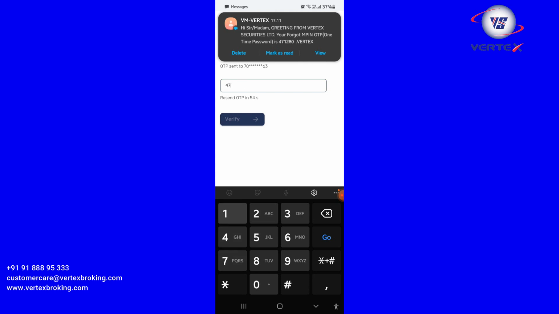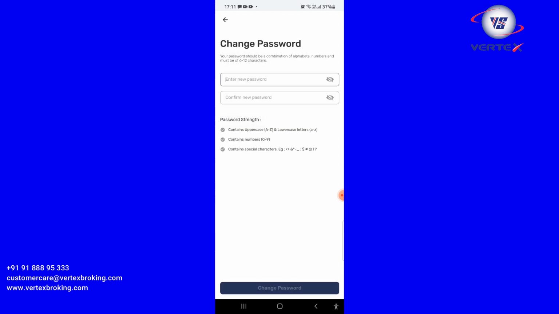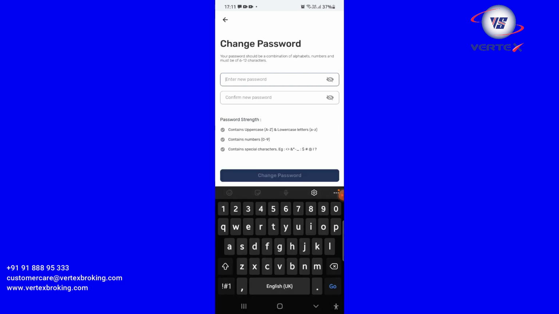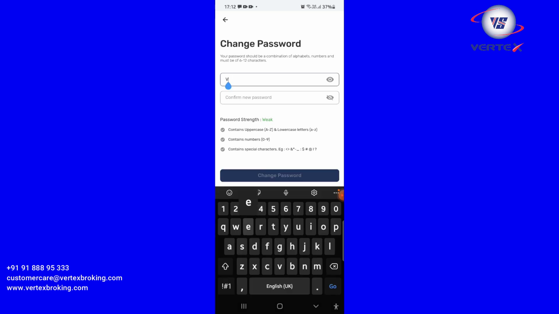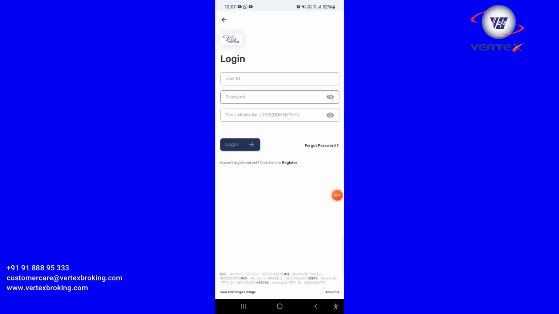Then enter the OTP there and verify it. Now you want to give a new password here. The new password contains an uppercase character, lowercase character, numbers and some special character. Okay, I am entering my password and confirm the password. Change password. Now I have successfully updated my password.